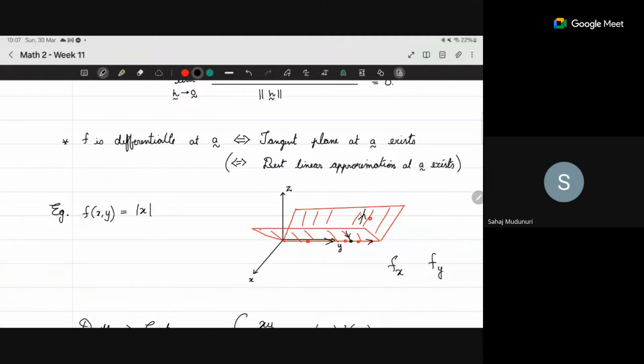So that function should exist and should be continuous. The limit has to exist for continuity, right? Then only it will be continuous. The corresponding limit has to exist. In this case, if you take a curve like this, the limit will be different from a curve